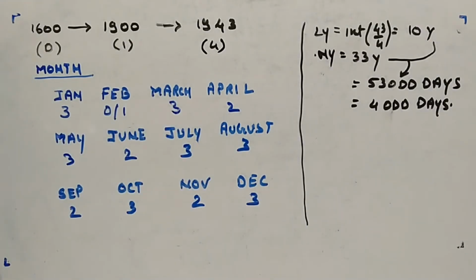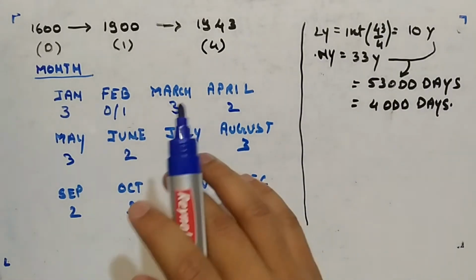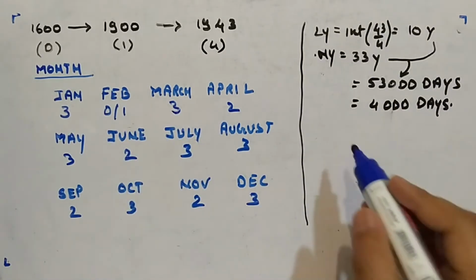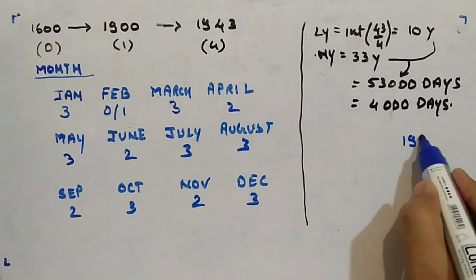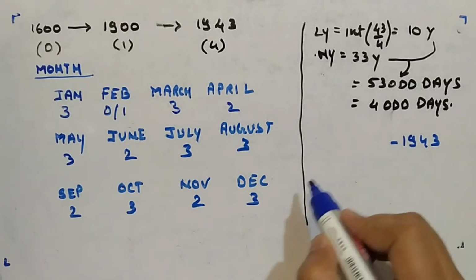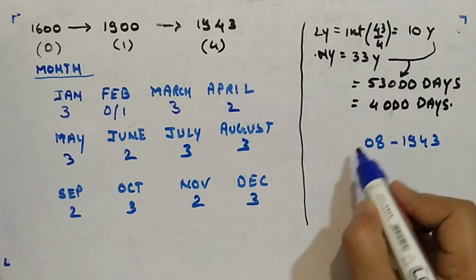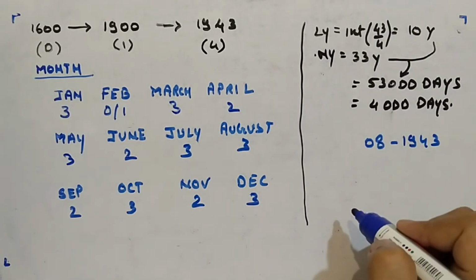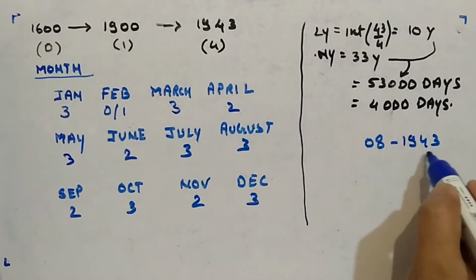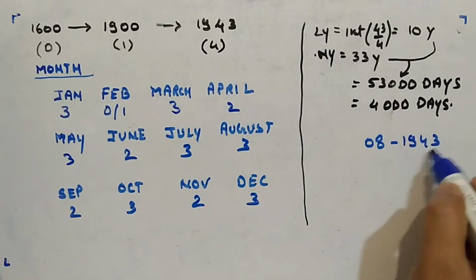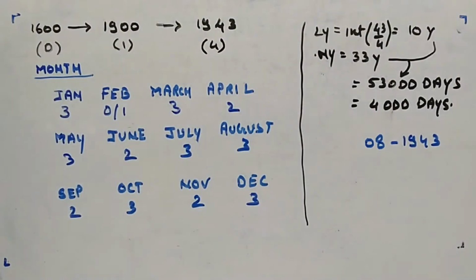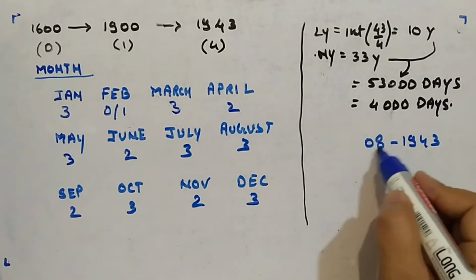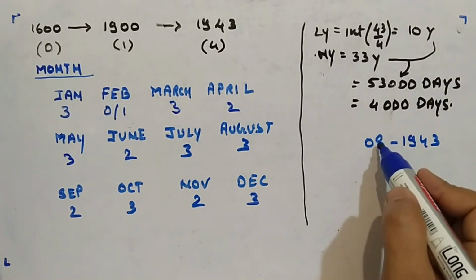Okay, how many odd days are there, because you have to count all the odd days in a month. Let's say we are given 1943. Along with that, it is given that it is the month August. Now you know the number of odd days in this year, it is total 5, but you have to count the number of odd days till August.